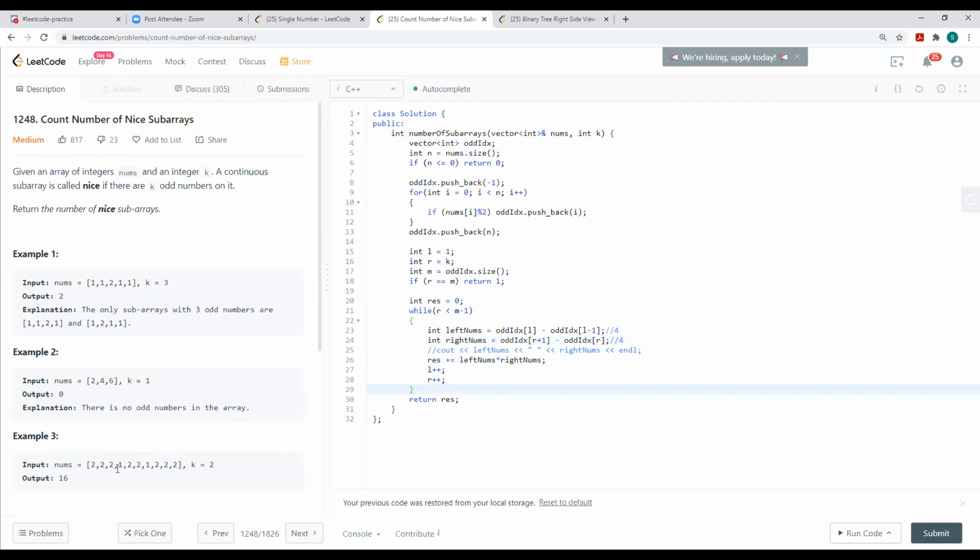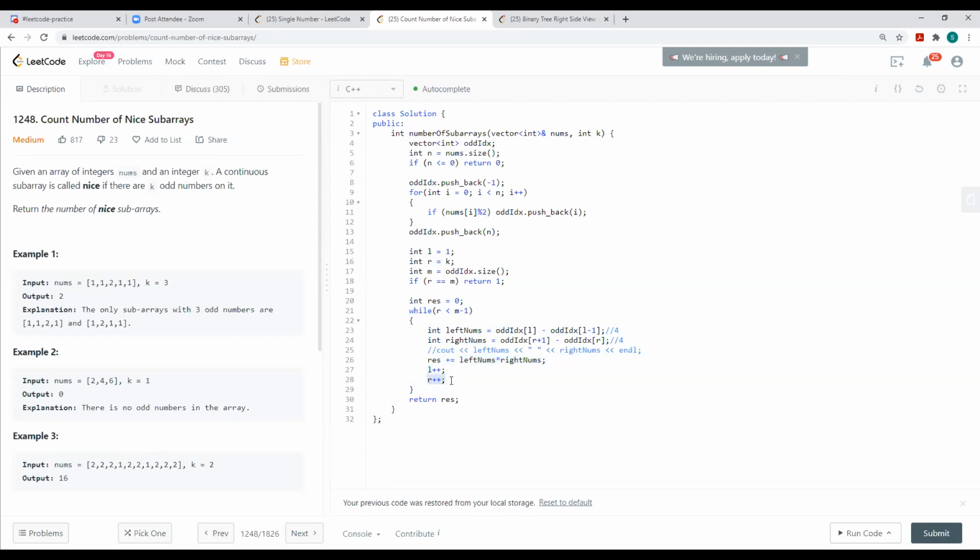Just get all these values, always keep the pointers k distance apart, and keep on increasing your R. In one computation itself, you get everything you can get in those two subarrays to your left and right.